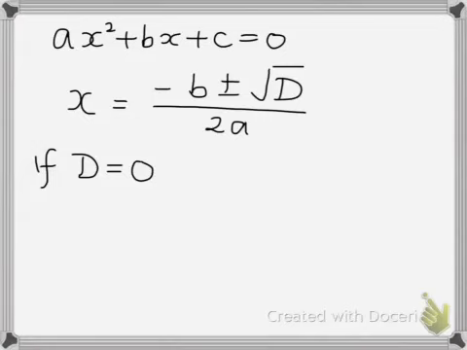So if the discriminant is 0, what do you know about this particular quadratic equation? It has two real and equal roots. Yeah, that's what we say. So you have two real and